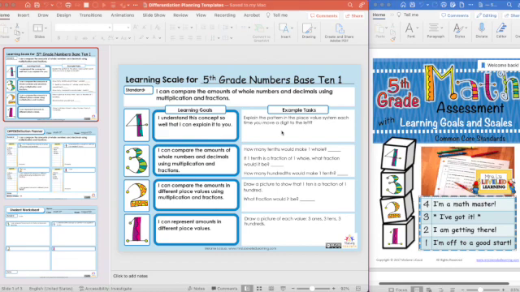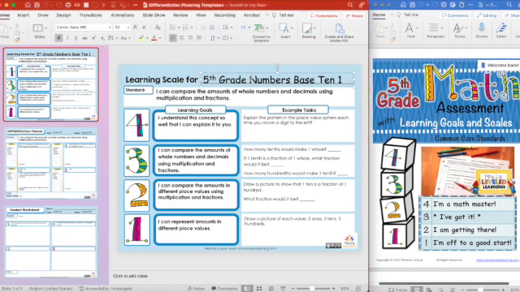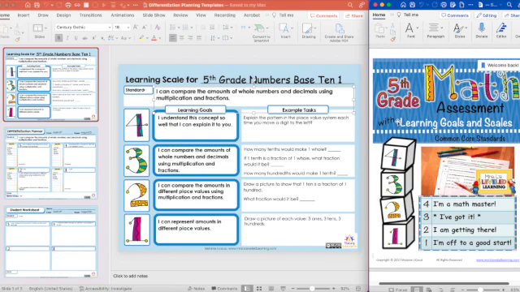The example tasks will be something that students can do to understand what each statement means and also how they can prove whether or not they've mastered it. Start with the standard you want to work on, and you will see I've already got some things typed in here. It is easiest if you have some kind of standards document open that you can copy and paste from.